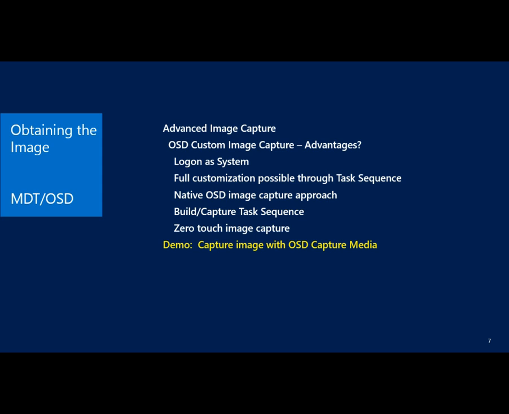But when OSD was envisioned, it was envisioned as a fully zero touch image capture. The benefit of that is fully relying on the automation to reduce the potential for human error. Also, if you put all of the detail of what's going to happen during an image build, image capture, image deployment even for that matter, inside a task sequence, you essentially have a self-documenting